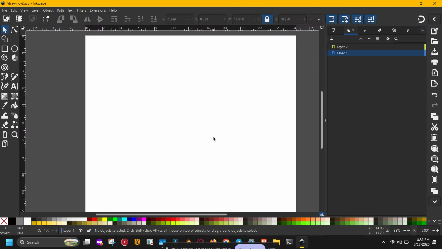First, we're going to start with the pencil tool, which is perfect for freehand drawing. You can quickly select it by pressing the P key on your keyboard. Once selected, simply click and drag on the canvas to start drawing naturally, just like you would with a pen